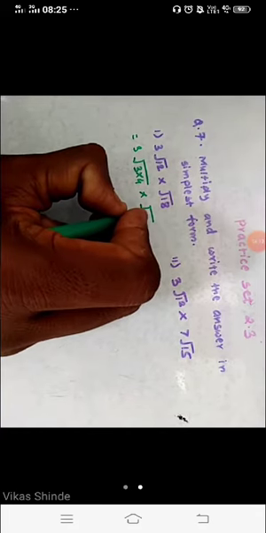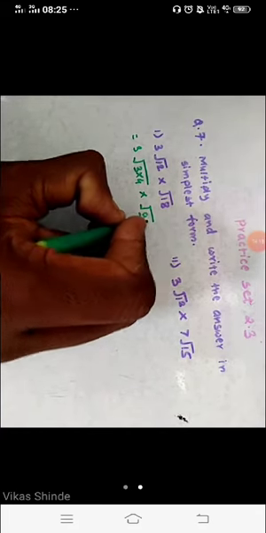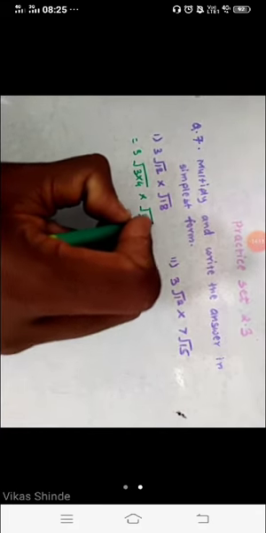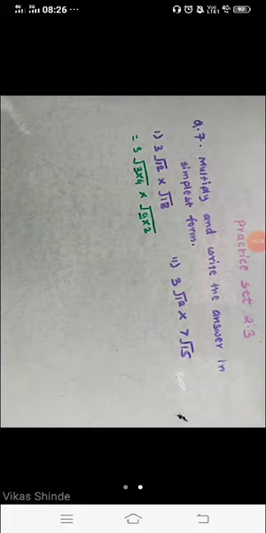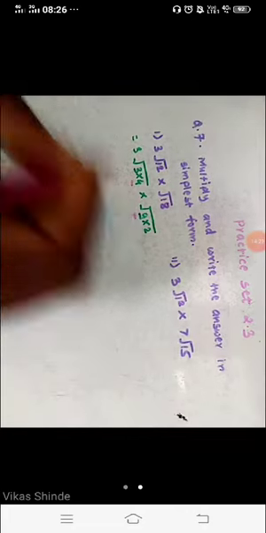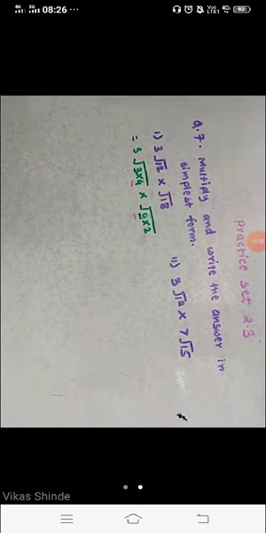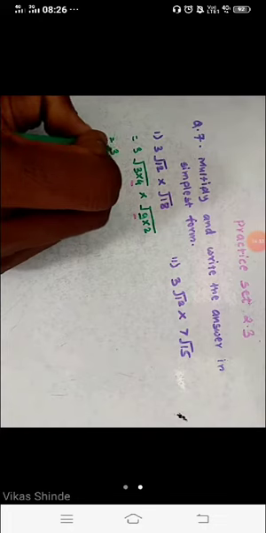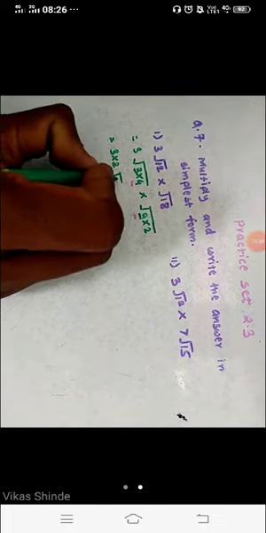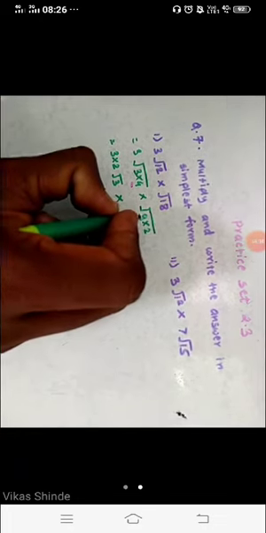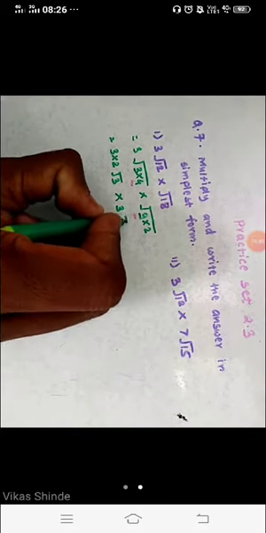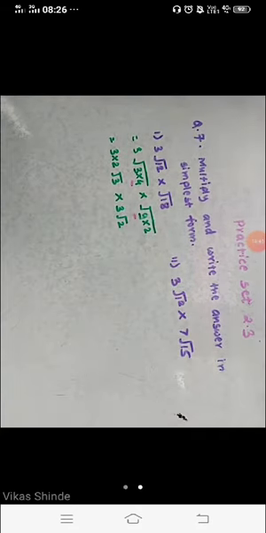suppose 9 into 2. Okay, we're taking 9 into 2. Now we have to take the square root of this 4 and this 9 also. So we have to write, student, in the next step, 3, then 2 into 2, the root of 3, into, now take the square root of this, which is 3, 3 under root of 2.